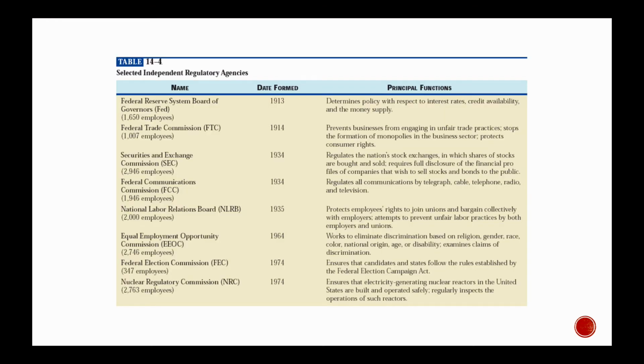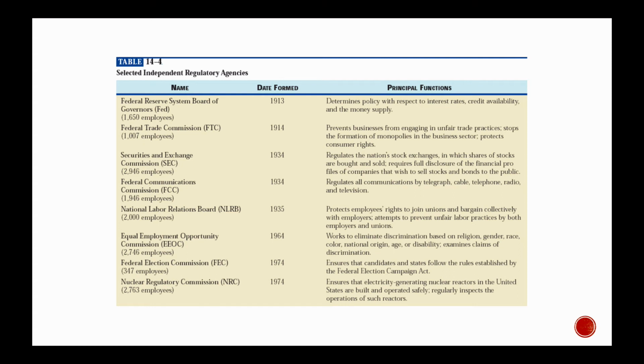Good example, if you look down here, you find the Nuclear Regulatory Commission at the bottom. Why is that? Well, because Congress decided after some close calls in the early 70s that it was inappropriate for there to be the promotion of nuclear energy inside the Department of Energy and the regulation of those energy sources also in the Department of Energy. And so they pulled out the Nuclear Regulatory Commission and made it its own independent regulatory agency whose job it is to be separate from the Department of Energy in terms of regulation and operating safely.